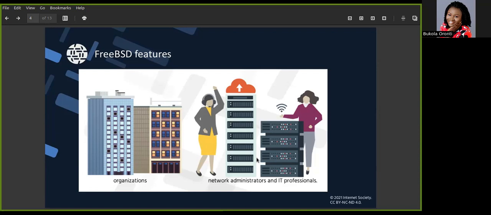Another advantage of FreeBSD is that it's flexible and reliable. It is fast, it is stable, and it is secure. It's secure in the sense that it can easily be customized for specific services. And by default, FreeBSD comes with 3 different firewalls. So you can choose to use all 3, use 2, or even just one. We have the IP firewall, IPFW, the IP filter, IPF, and the packet filter, PF.